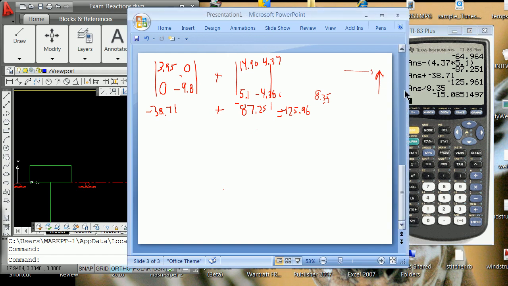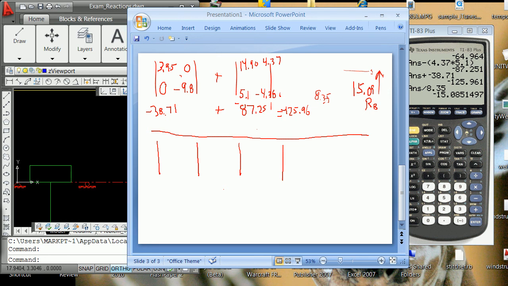And so your reaction, again, even without looking at the signs, you need to think about sense and realize the reaction here is 15.09. That's the reaction at B to the forces. So you solve for the reaction at B, and now to solve for the reaction at A, you don't necessarily have to go back in there because you know that the distance between them was 8.35,